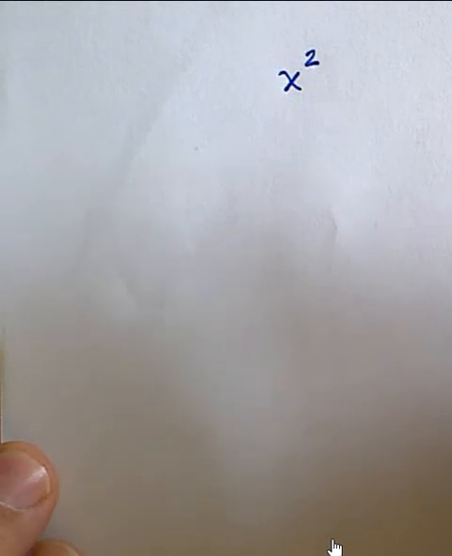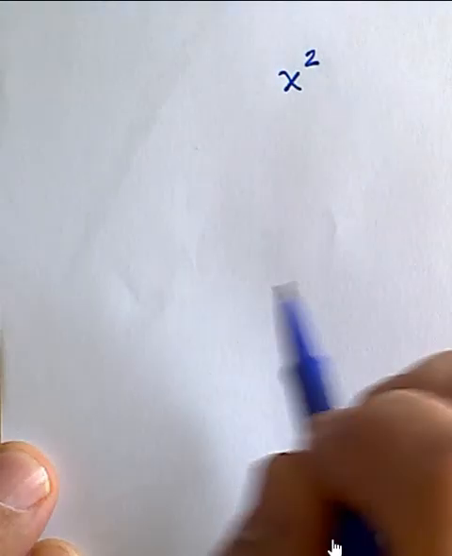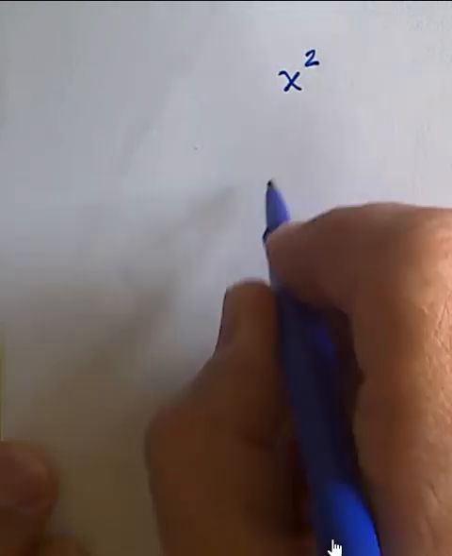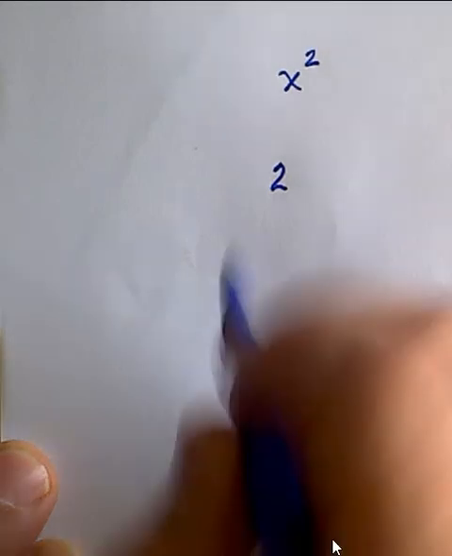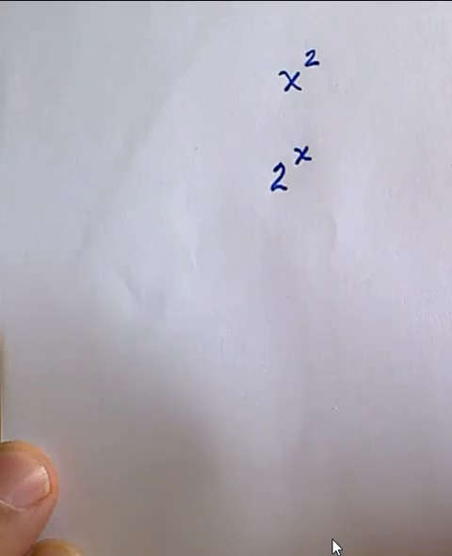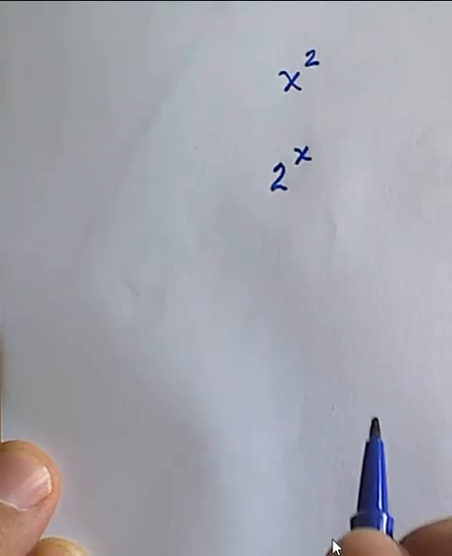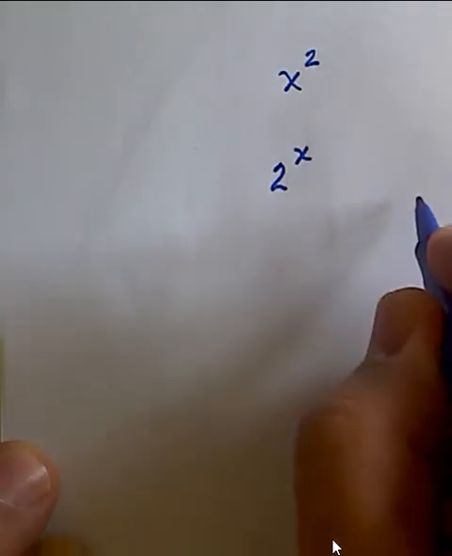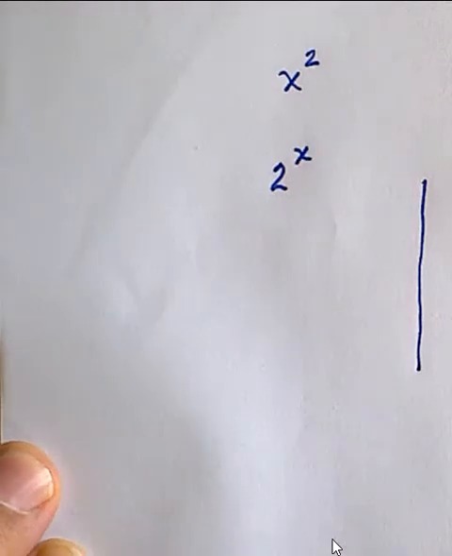Okay. Now, when I switch that around a little bit, on the other hand, we have an exponential function where our base, or our number, is on the bottom, and our variable is on top. So 2 to the x power is an example of an exponential function. Now, we're going to be doing a lot of evaluating in this section, but just a couple things to note. When you're given an exponential function on an xy axis,